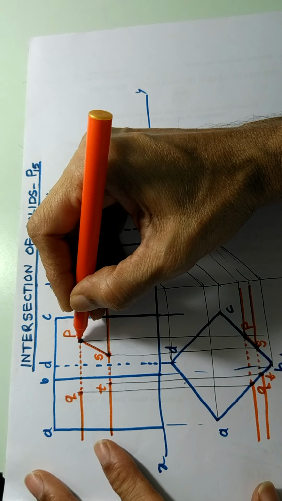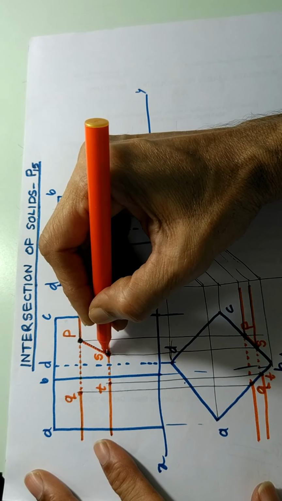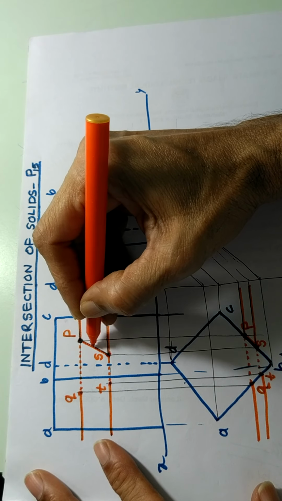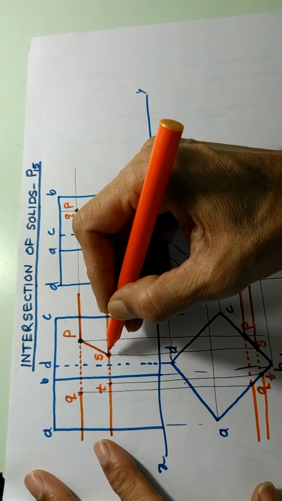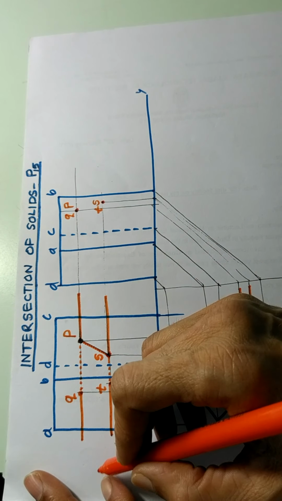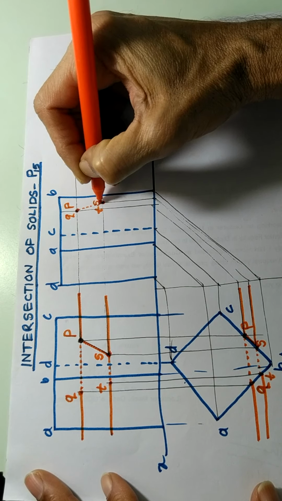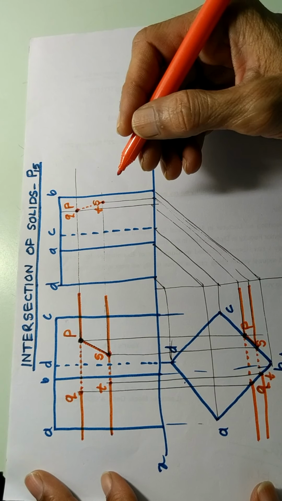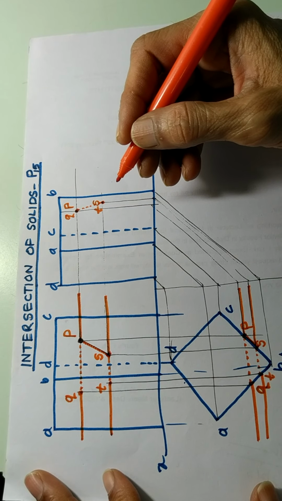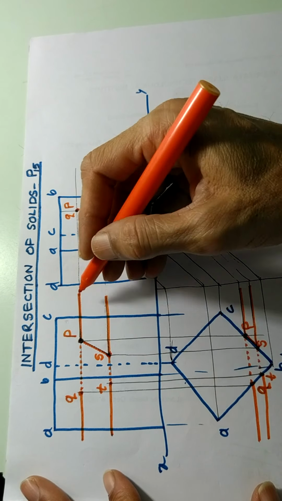Now this is a line which is on the prism. Now where is line SP on the prism in the front view? Here. Where is the same line SP on the prism in the top view? It will be here. Where is the same line SP on the prism when you see from the left side? It will be here, and it is dotted because it is not seen. It is behind.